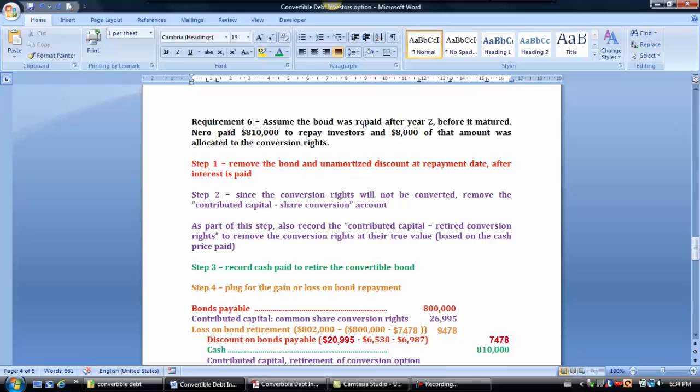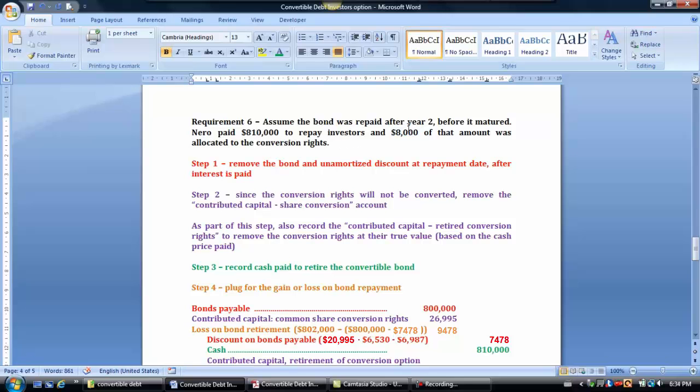Let's say that the bond was repaid after year 2 before it matured. So in other words, maybe the issuers of the bond decided that they wanted to take it off the market now, because exercise was at the investor's option. Maybe what they had to do was give them some kind of a sweetener or an inducement to retire the bond at an earlier date. So you can see here that they did pay a little bit more than the face value. In fact, more than the investors initially gave them. They're paying $810,000 to the investors at the end of year 2, and $8,000 of that amount was allocated to